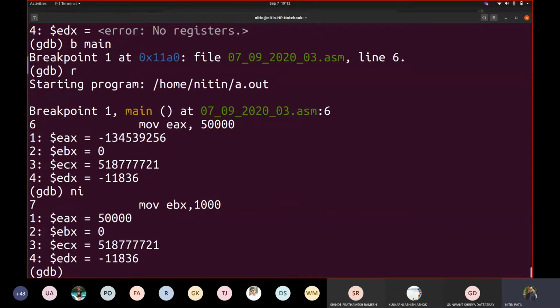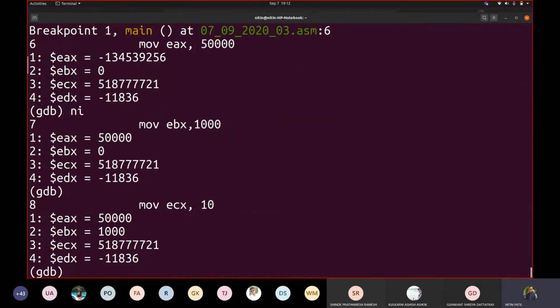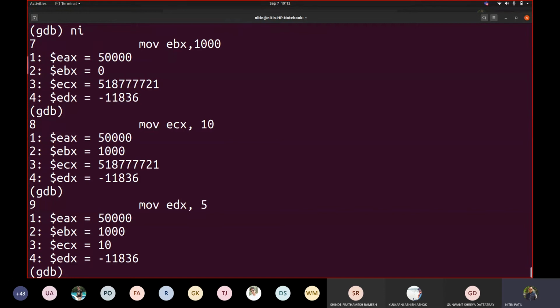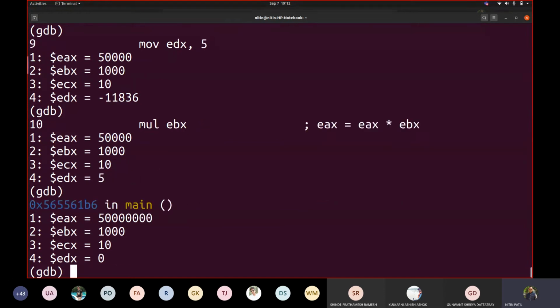Now see the values. EAX 50,000, EBX 1000, ECX 10, EDX 5. Now multiply. See, even this value got adjusted. See the number of zeros: 4 plus 3, yes, 7. So 7 zeros are adjusted because this value can be fitted into 32 bits.